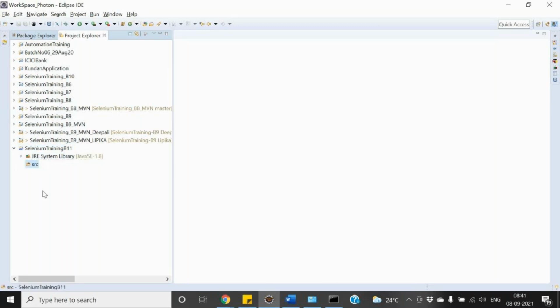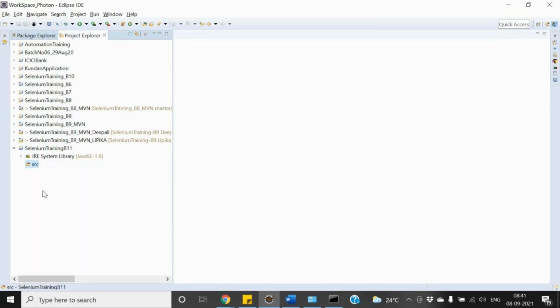So that is how we can create the project in Eclipse. This is how we can download and then create it, and there is no configuration. We just need to create the icon shortcut of Eclipse on our desktop and then launch it.